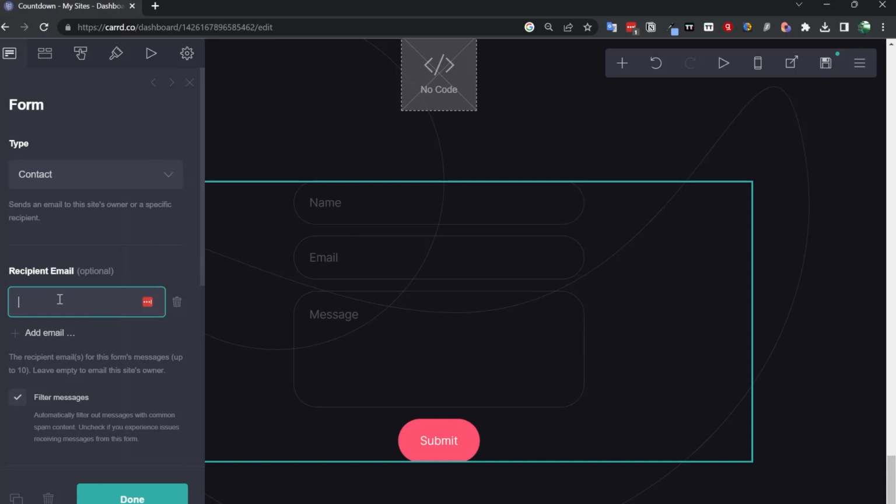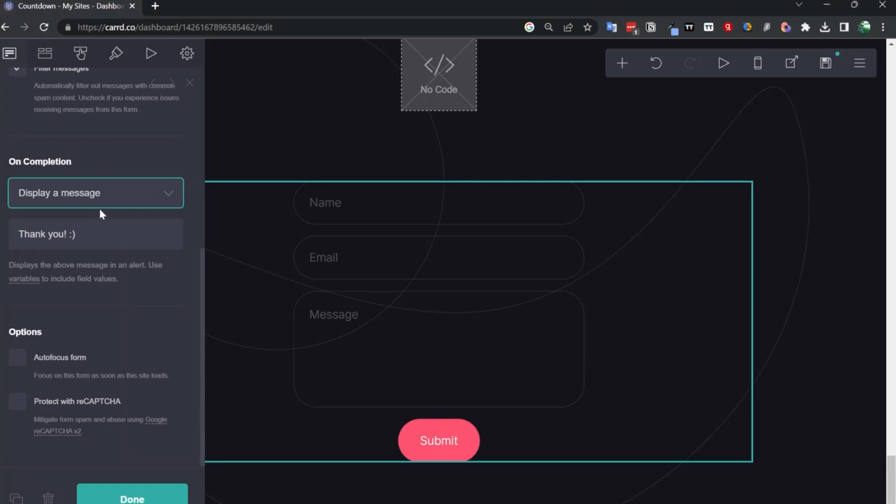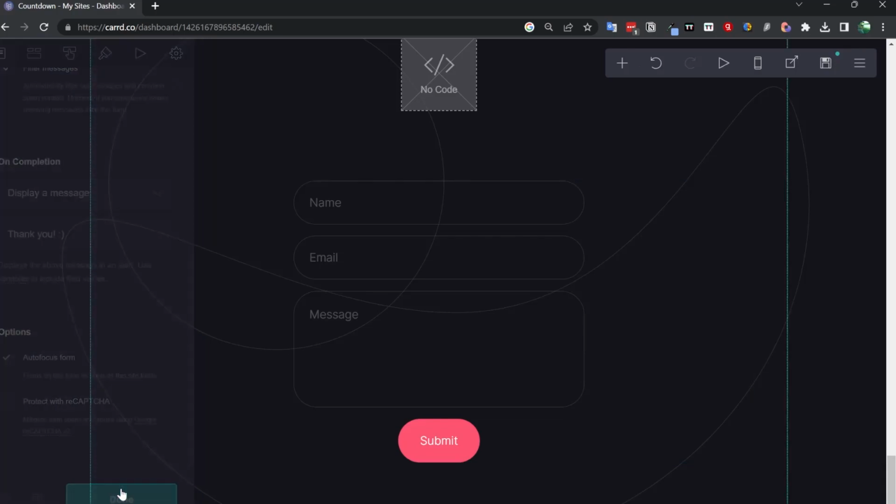Here you can put the email to whom it's forwarded, and if you don't put anything, it goes to the owner of this website. You can filter messages. This is the message on completion. You can also direct to a URL, autofocus form. That is, I can show you, it automatically focuses on the form as soon as the site loads. It's actually pretty nice. So let's click done,